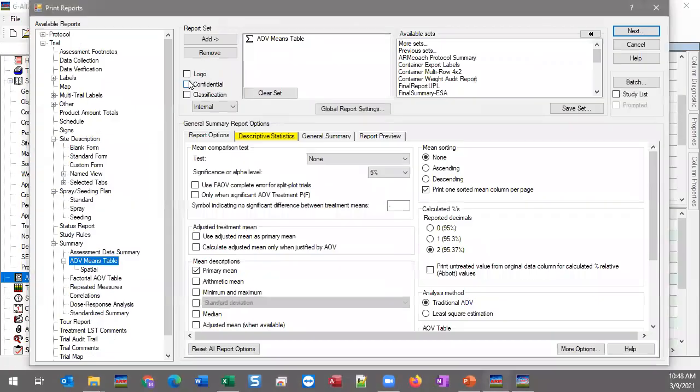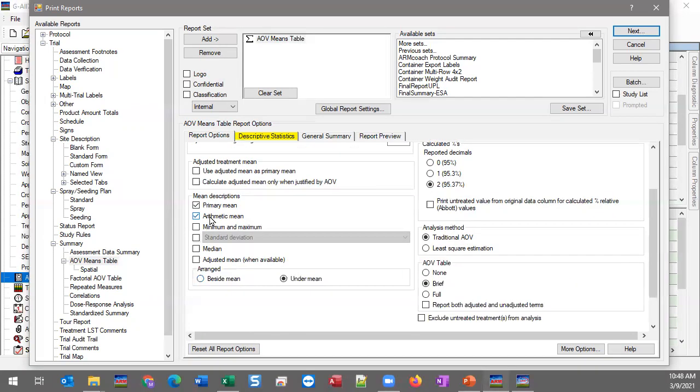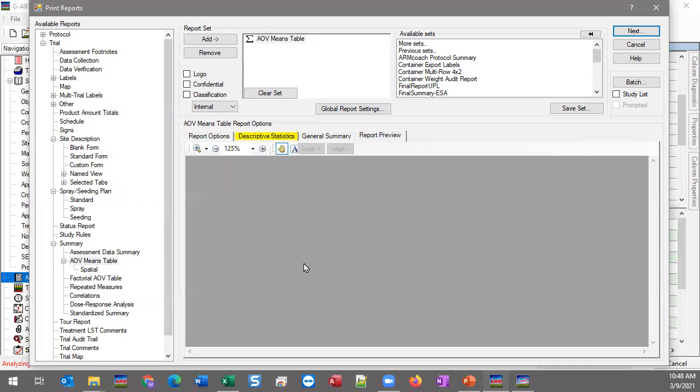So let me just bring up my AOV options, might be a little easier to see. In the main AOV options here, in the mean descriptions, you can now turn on the arithmetic mean. And that's in comparison to the primary mean. Before, you didn't have a checkbox for the primary mean, that was always just assumed to be what's on the report. But we added this option just to make the difference clear. And so now if I preview this report here,